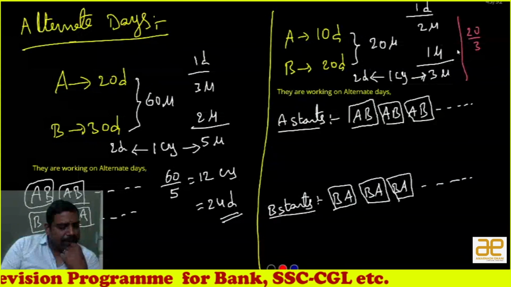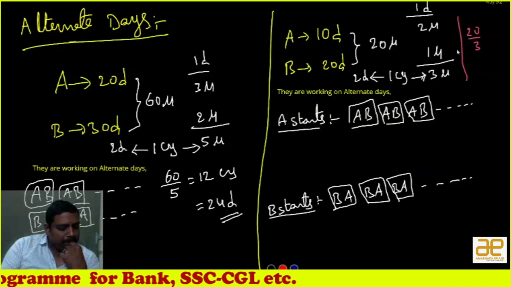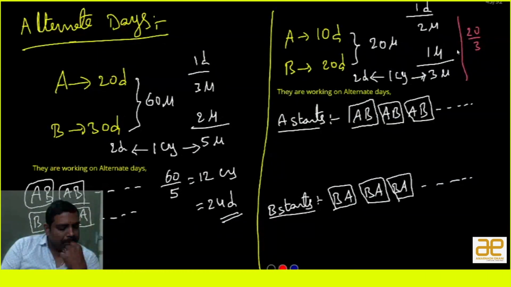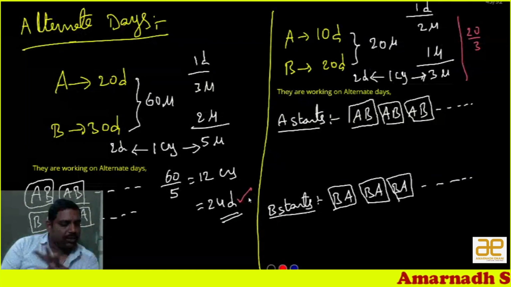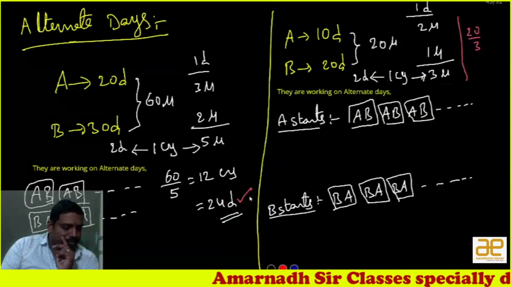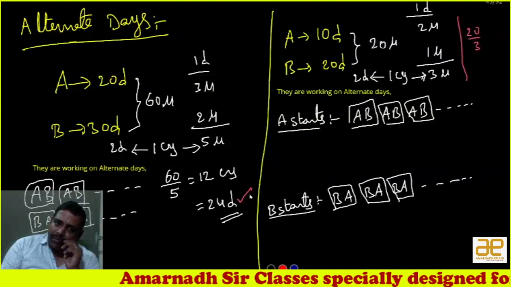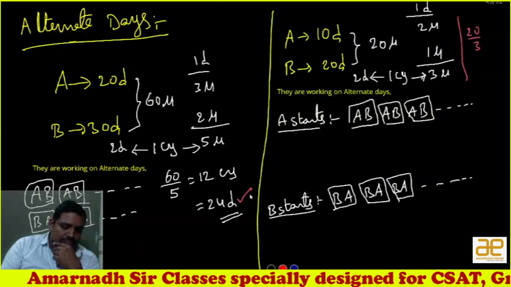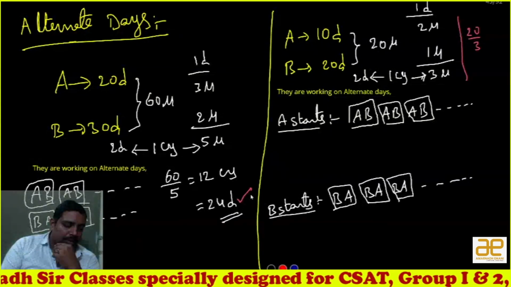I didn't understand. Remember, 24 days is the answer ultimately for this. There is no other option. I didn't understand what the line graph method is. That's why I'm not able to answer this.